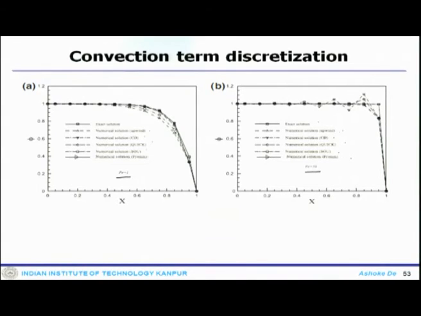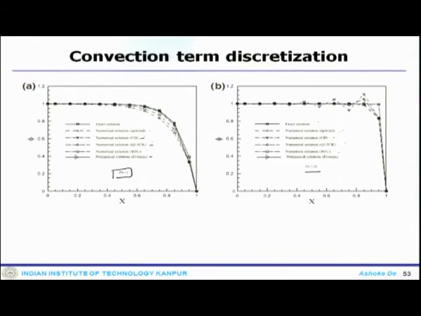Once you look at the cases for Peclet number 1, which is the low Peclet number, you see that CD, Fromm and QUICK, this guy and this guy,